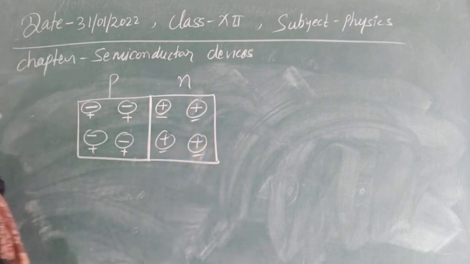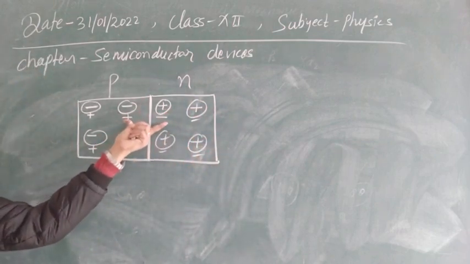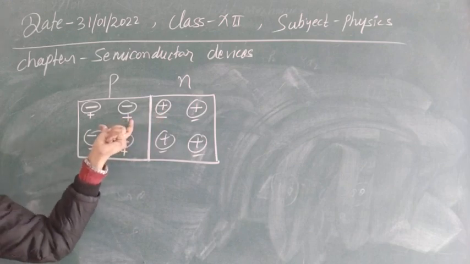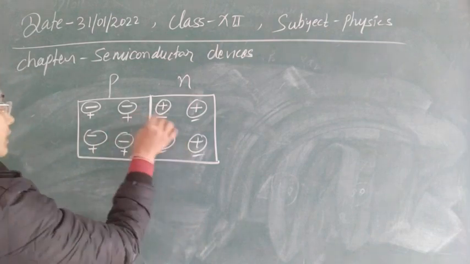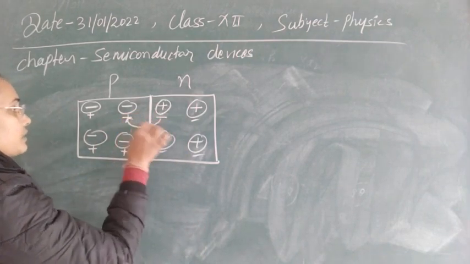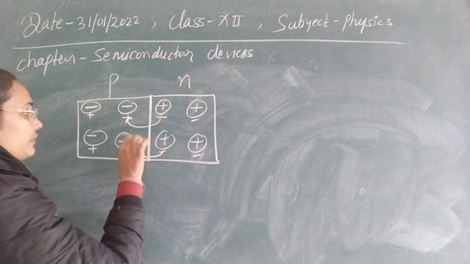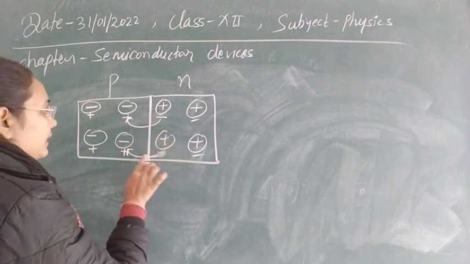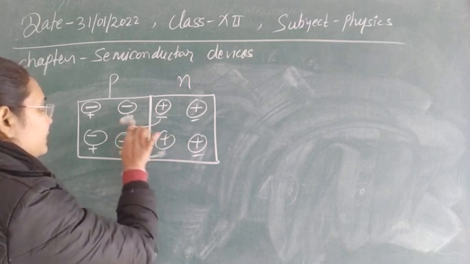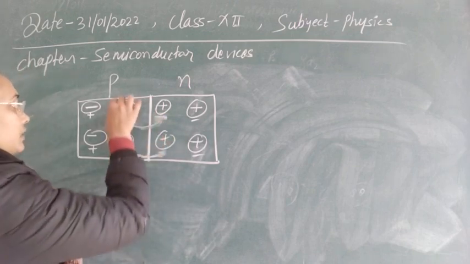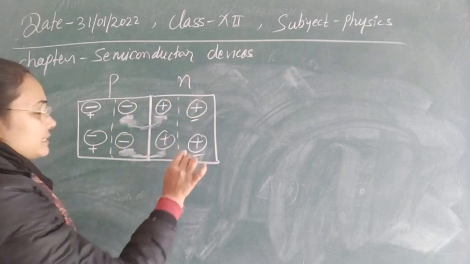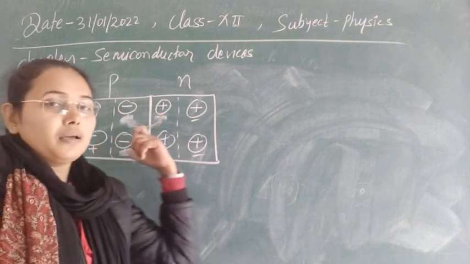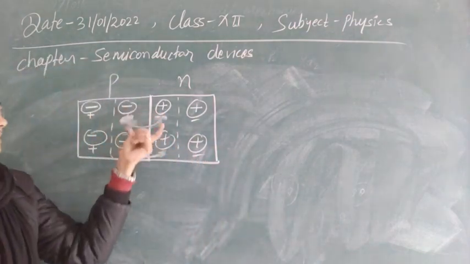Now when we join these two, as the hole has a tendency to accept an electron and the electron has a tendency to become free from its atom, this electron will be attracted towards the hole. It will start to move and fill this vacancy. Whenever this electron fills the vacancy, the vacancy disappears, as well as the electron from there. Now these two atoms, the acceptor and donor atoms, are converted into ions, and as ions are immobile, they accumulate at the junction here.